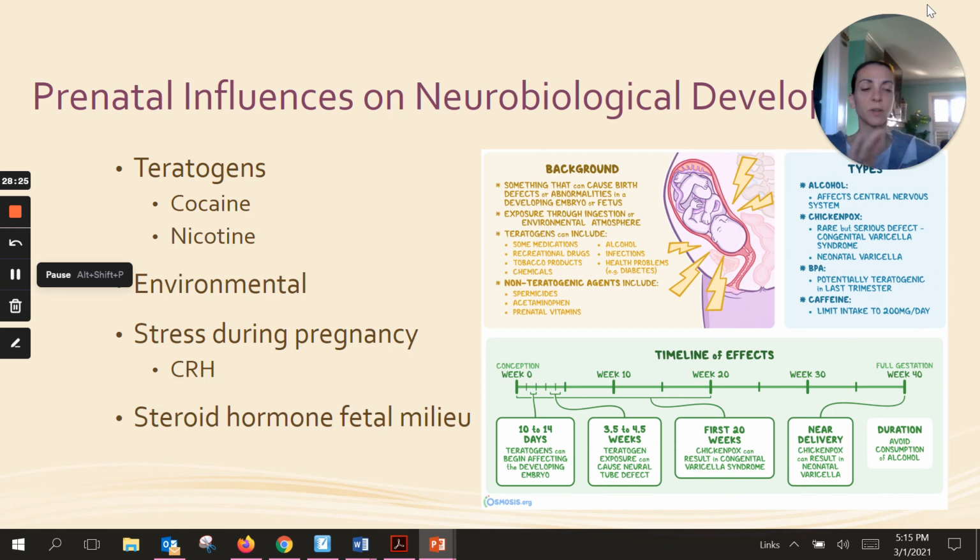So in this section of the book, I actually found it really difficult to understand. At some points when they were talking about CRH and the effects, it was difficult to follow if they were talking about the effects on the pregnant mom, or the effects on the fetus, or the effects on both, and who exactly these affect in the development of the disruptive behavior disorders. So I thought that section was really quite unclear, unfortunately.